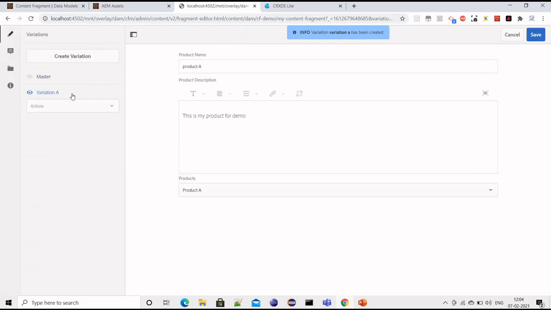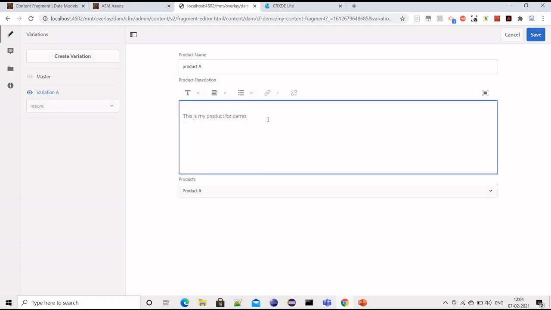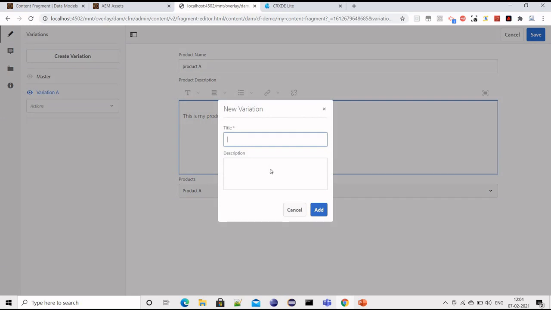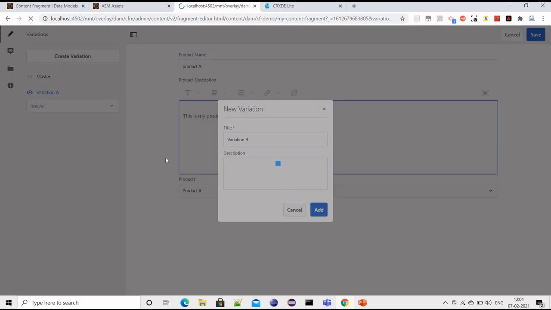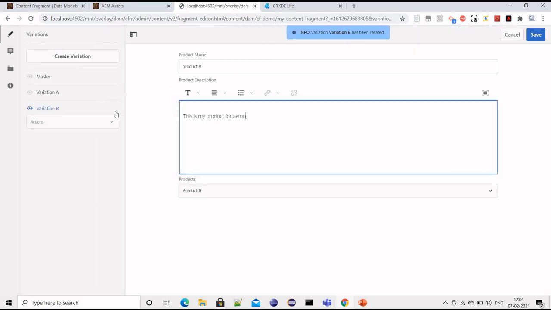Whatever is there in master should be replicated to your variation A. Now if I change something in variation A, for example I will say this is my project demo and some changes in variation A. And maybe I will create another variation B as well, and this time I will say this is for variation. So now I have a master copy and two variations.